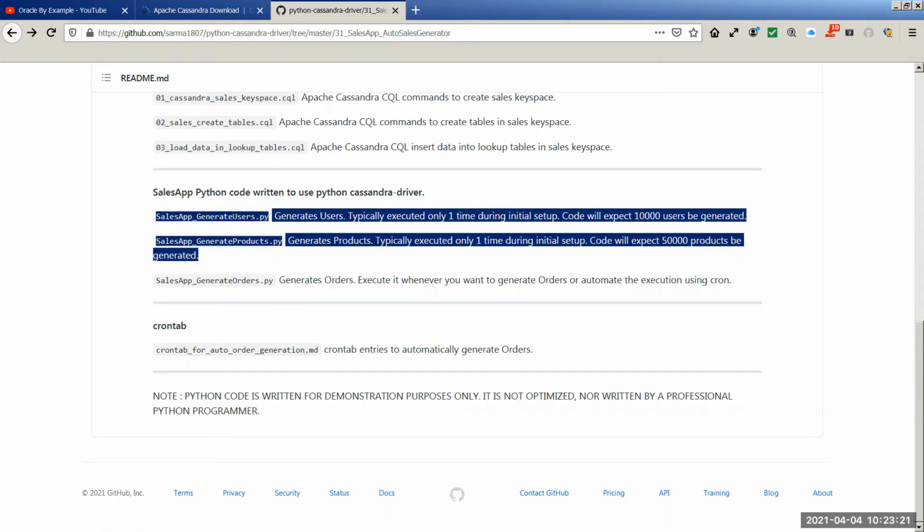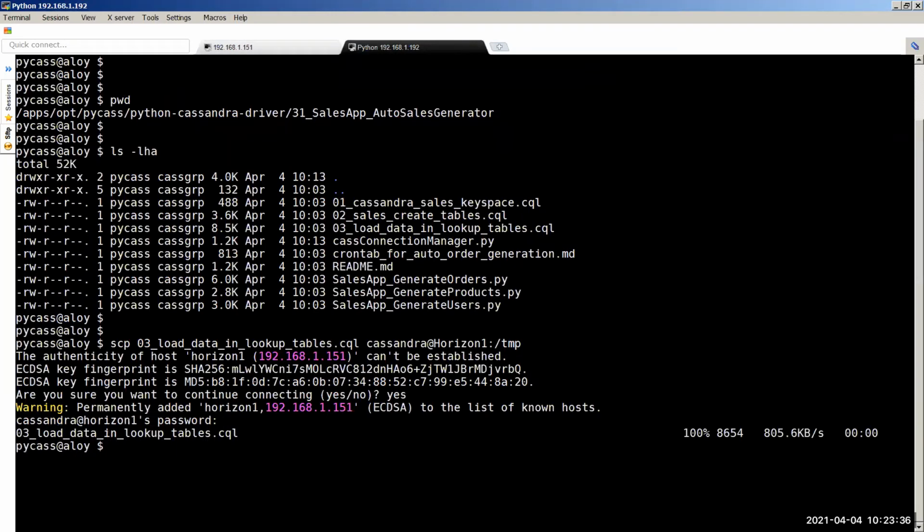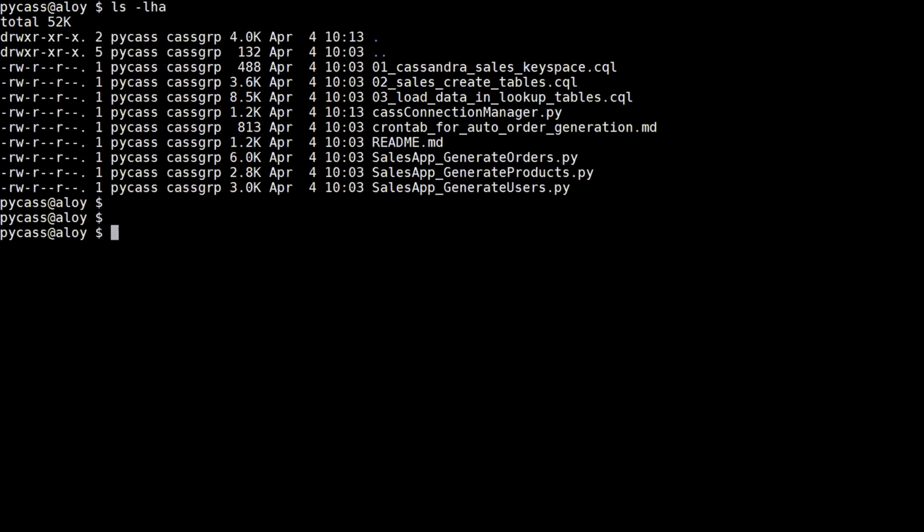That means you're preloading your users and products. So it is expected to run only once. Remember that part. What I'm going to do is switch back into our client here. I'll go back to our Python client. Remember, clear screen, ls -lha. So you see, this is the first users